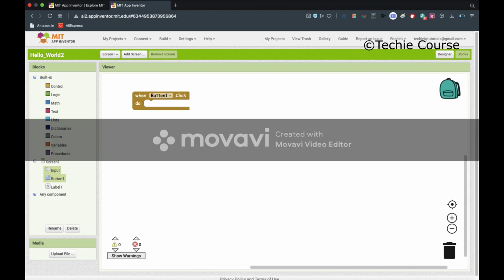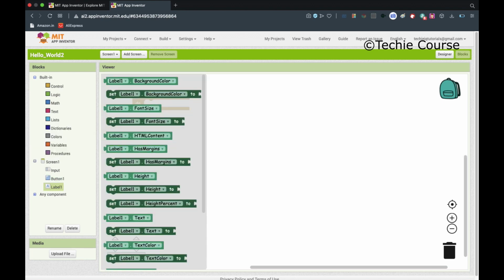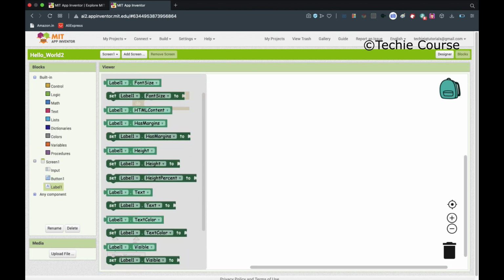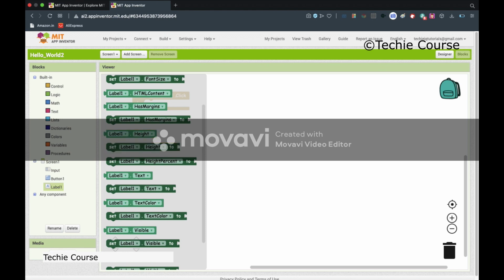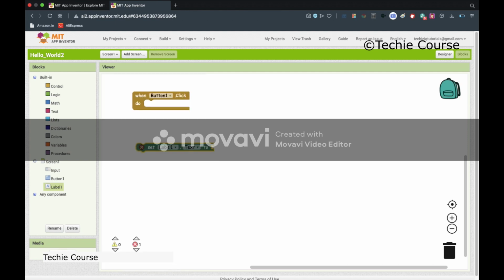So you have to set the label's text to text box 1. So go and click the label, and these dark green blocks are set blocks, and these are get blocks. These set something and these get something. So go and pick set label 1 dot text,